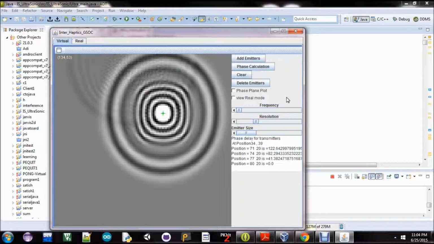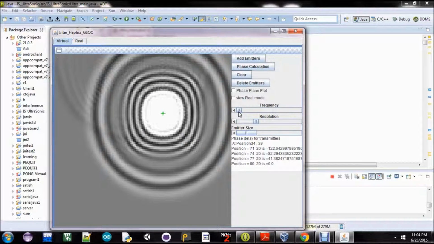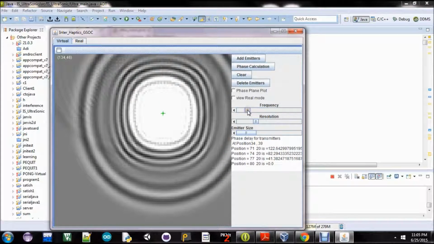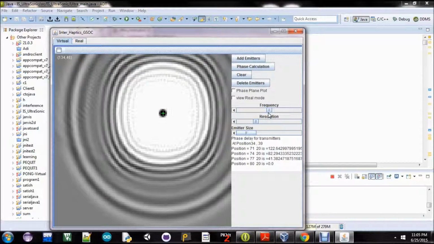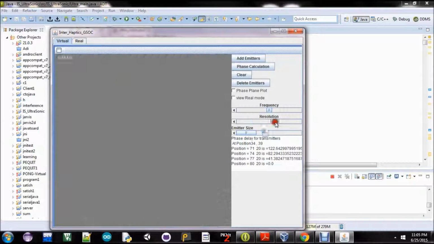So the algorithm for calculating the phase delay works by identifying the length each transmitter's wave takes to reach the point where we require constructive interference. That will be the length that generates the phase delay, and in order to counteract that delay, we'll advance the excitation of that particular transmitter by that particular time, so that it counteracts the loss in covering that extra distance. So using that, we are able to calculate the time, and then we just convert that into an angle through 2πft, and then we feed that to the